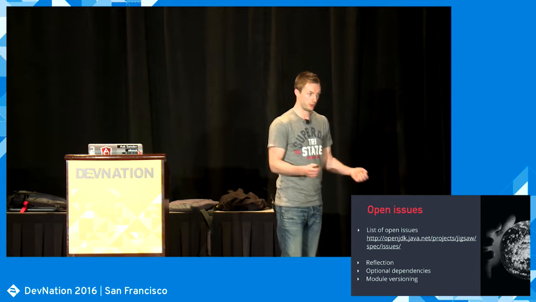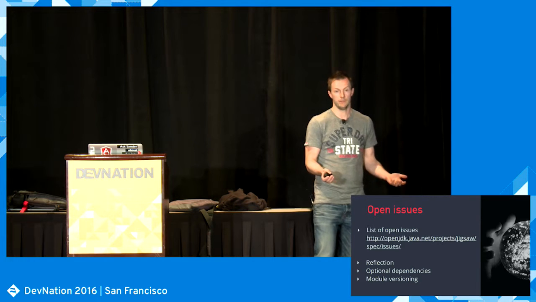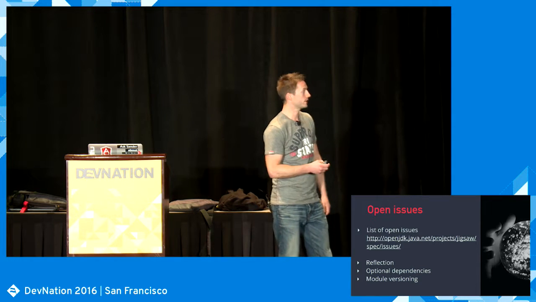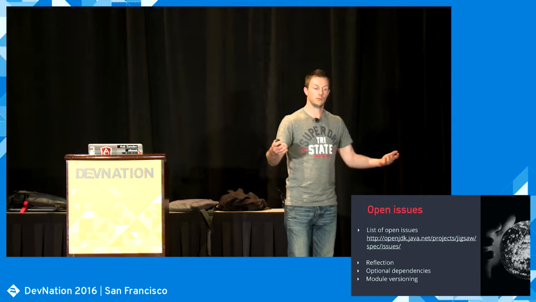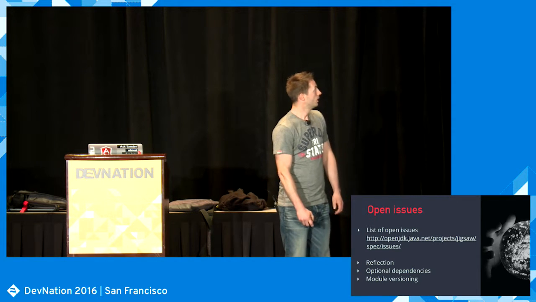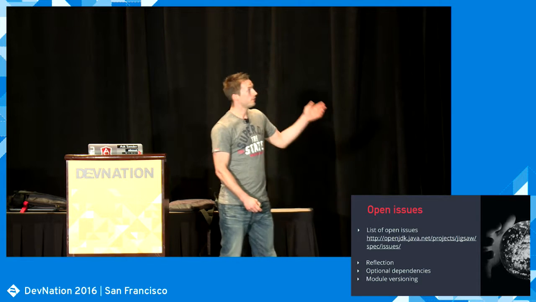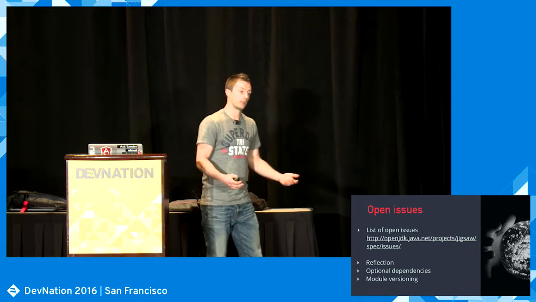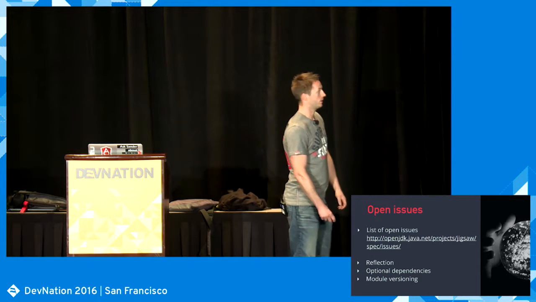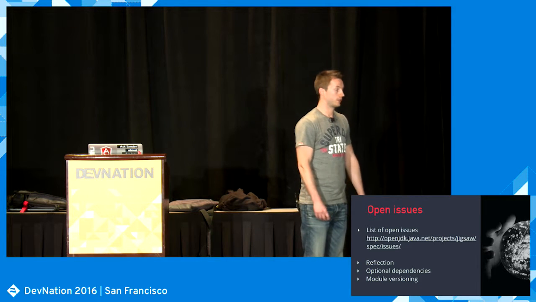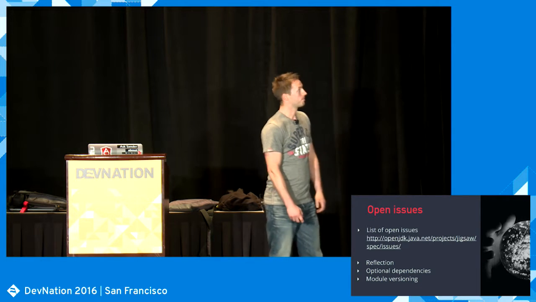Versioning is another topic. Java 9 doesn't actually support versions. You can put a version on a module, but that's just metadata. It's not used in the resolving steps, and it's left to build tools to actually resolve. So if you have ideas about that, I strongly recommend actually giving feedback on the mailing list. The mailing list is pretty active, so that's very good. There's still work going on there.